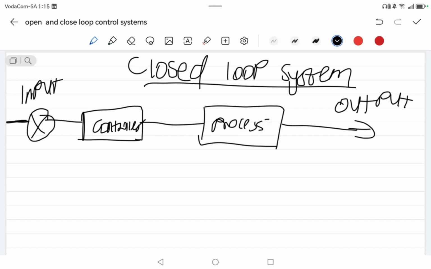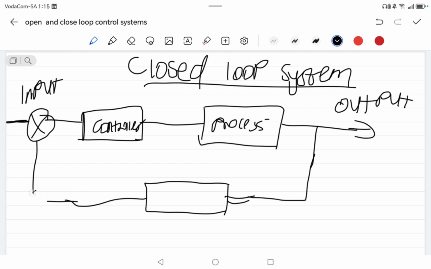Right, we spoke about the open loop, right? And the open loop is what I just drew here. So now the difference between closed loop and open loop is what? In closed loop, we have a feedback. Basically, the machines that work with sensors that can automatically turn themselves off and on, that means those machines fall under closed loop,